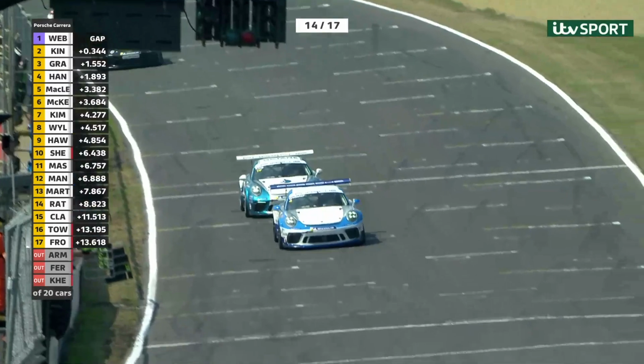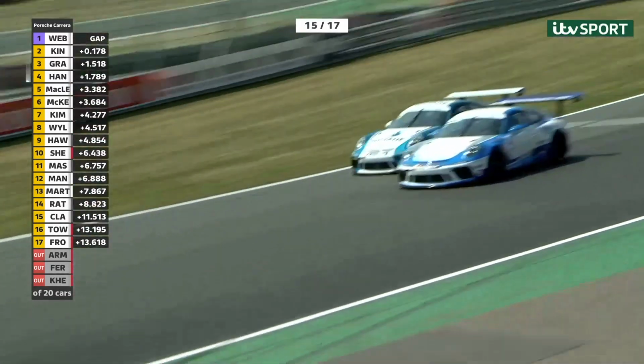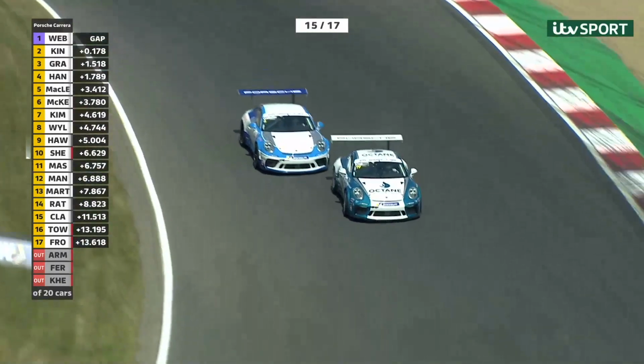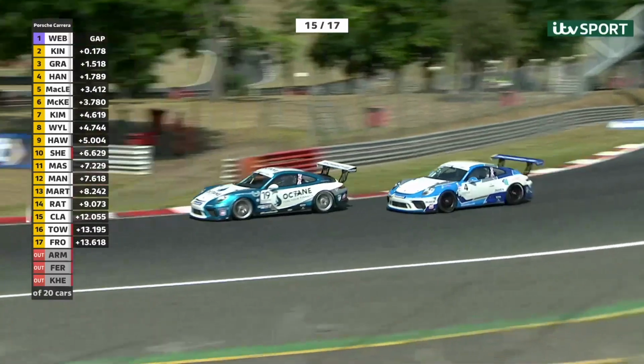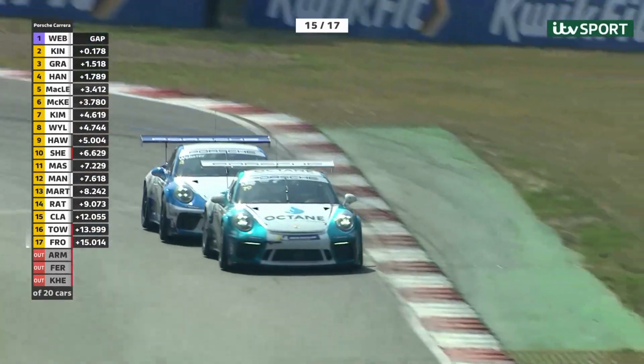So up towards the timing line they come, nose to tail, and Harry King very definitely is staying with Josh Webster. He has a look, he has a dive, he gets the race lead on the inside. Fantastic move, brilliant, out of nowhere. Harry King dives through and defends on the run up towards Druids. Outstanding. That was brilliant. Not only was it a late lunge, which means going over the bump on the inside